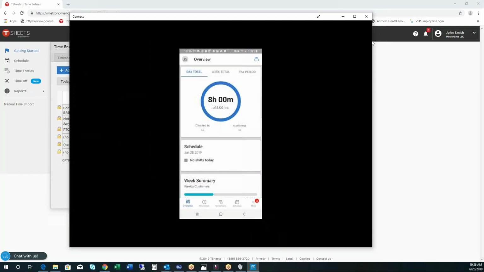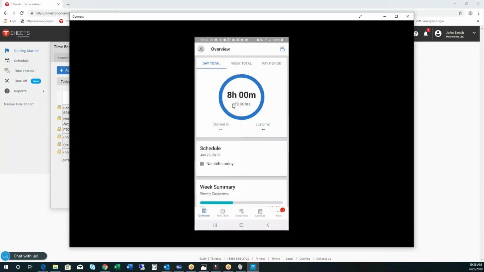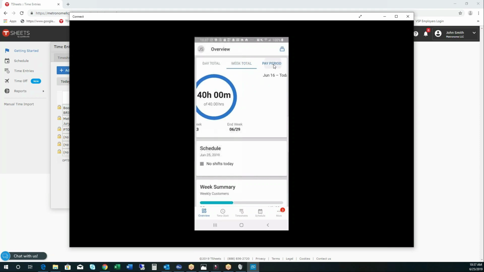This is the app. In the overview section, we have the ability to look at the day total up here at the top. We also have the week total. We can look at our week total for the week that we're in. And you can see where it says start week June 23rd, in week June 29th. Then we can go up to our pay period here, and it's showing our pay period from June 16th to